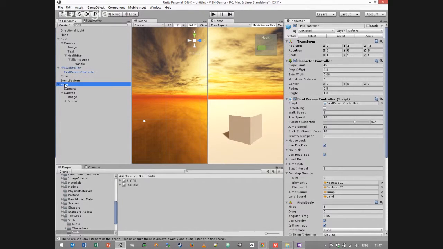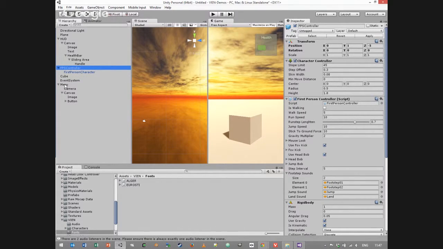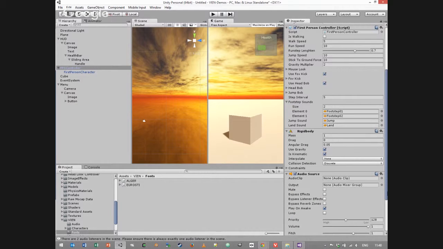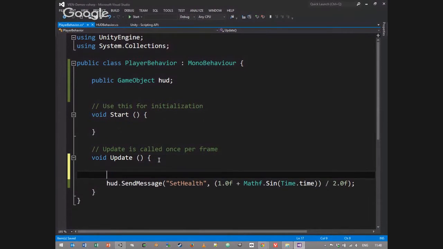But in any case, what we have now is a game object called menu, and within it we have a camera and a canvas that is set up. And we have two cameras now. We also have the first-person controller. We now want to have a mechanism that can switch between the two views. And we are going to make this mechanism such that when we hit the key, we want the menu. And I'm going to attach it to the first-person player controller behavior that we are listening to a certain key. So inside this we will basically go and check to see if